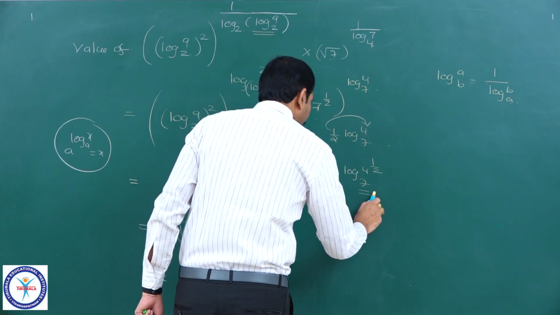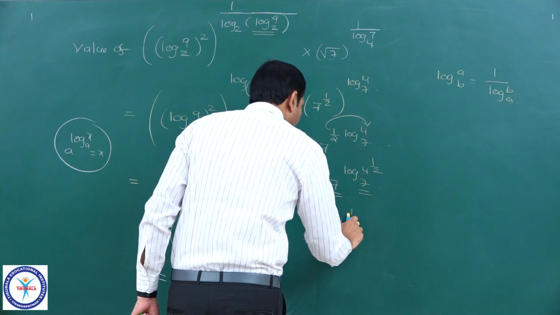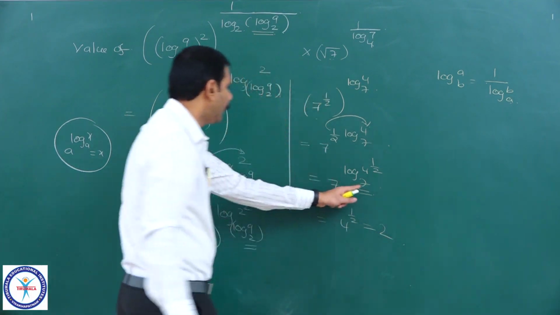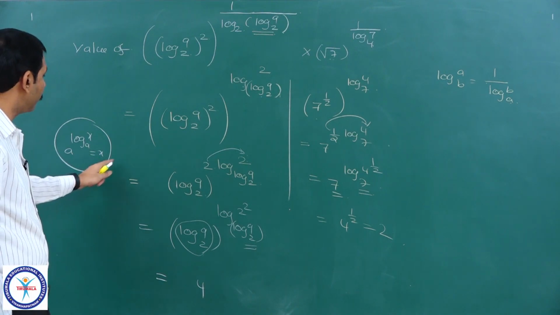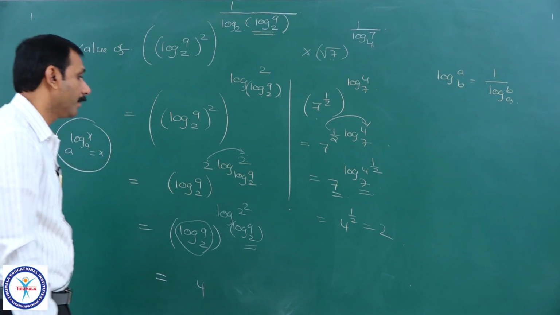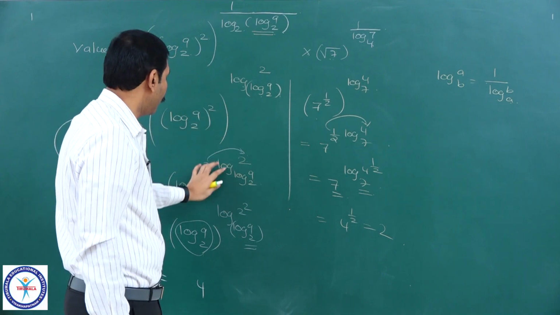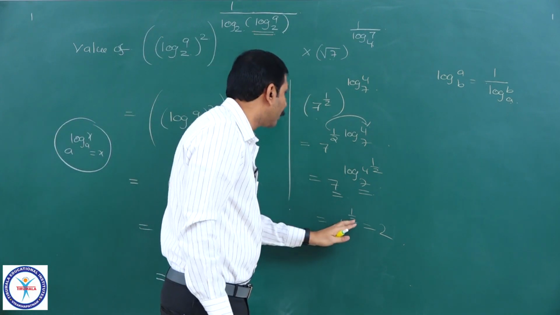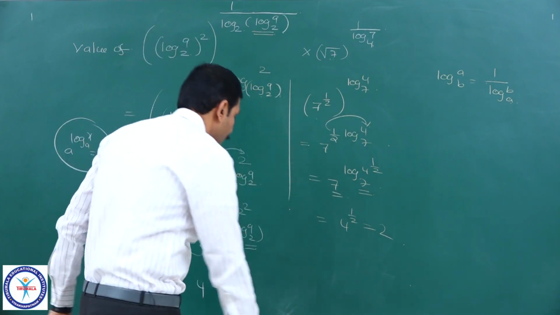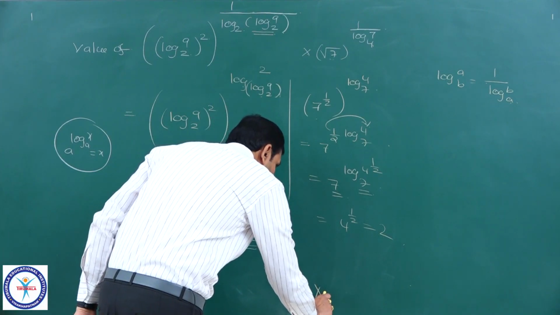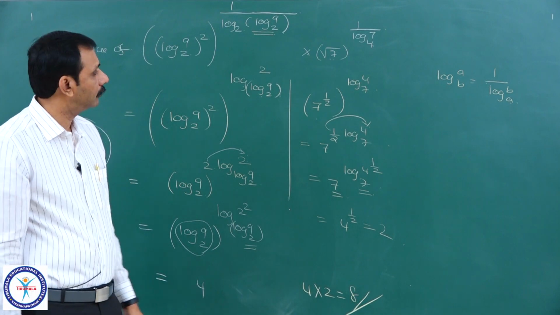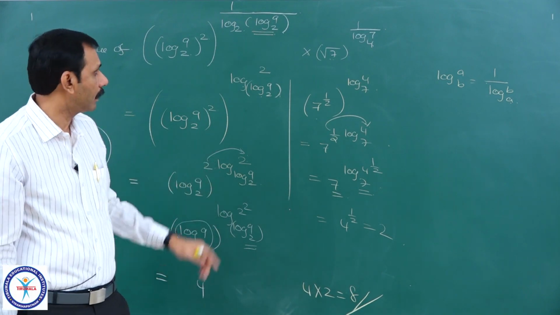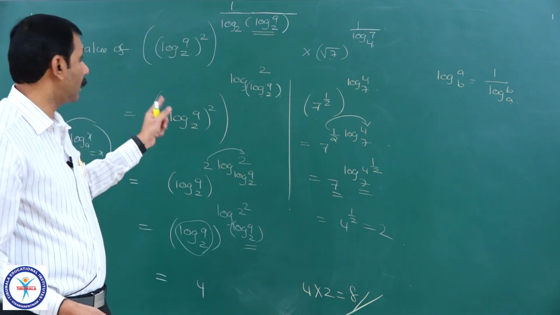Now here it is 7, here it is 7, so it is equal to 4 power 1 by 2, which is 2. It is of this form only: a power log x to the base a equals x. See, many times we are using this in logarithms. Therefore, first term value 4, second term value 2. I want the multiplication of these. So, what is the answer here? 4 into 2 is equal to 8 will be the answer. Hope you understood this one, a simple one only. But a previous entrance question.